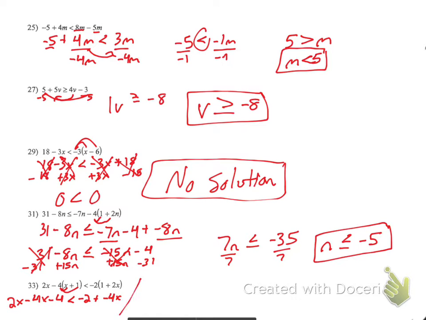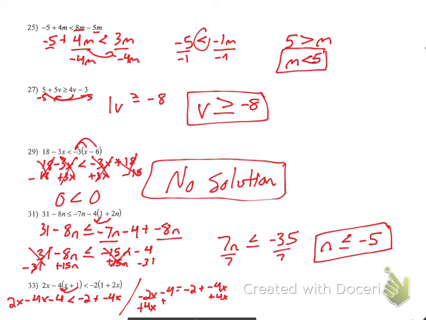So then I will get negative 2x minus 4 is equal to negative 2x. Oh, sorry, not negative 2x, negative 2 plus negative 4x. So then what I need to do is I'm going to add 4x,